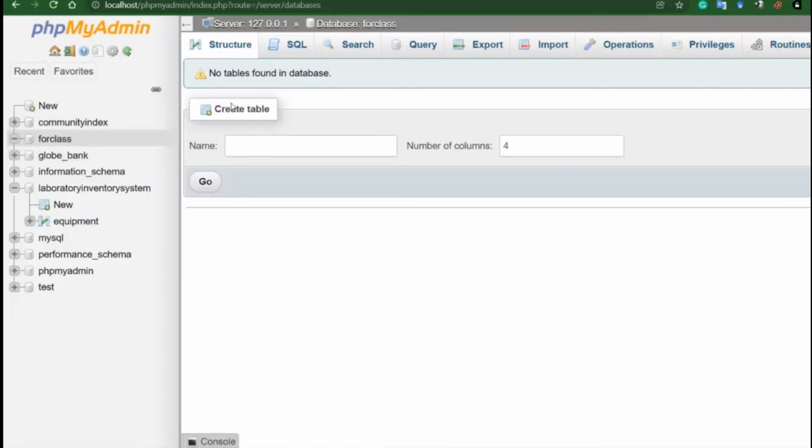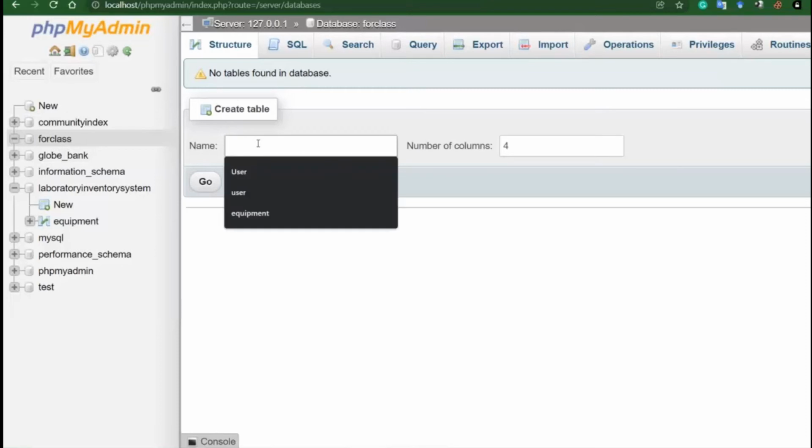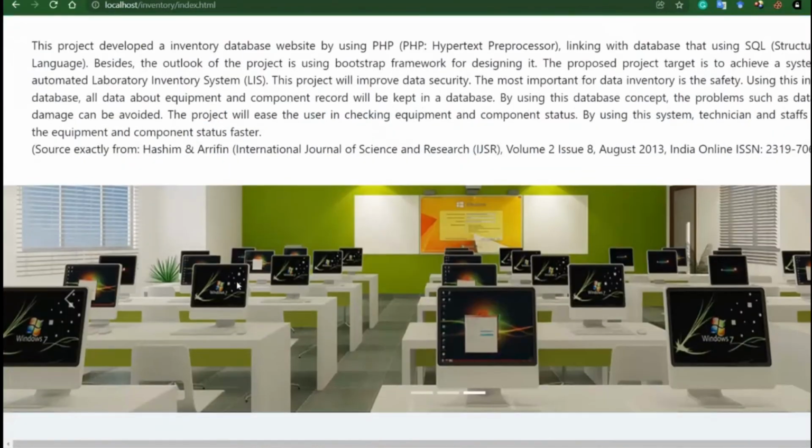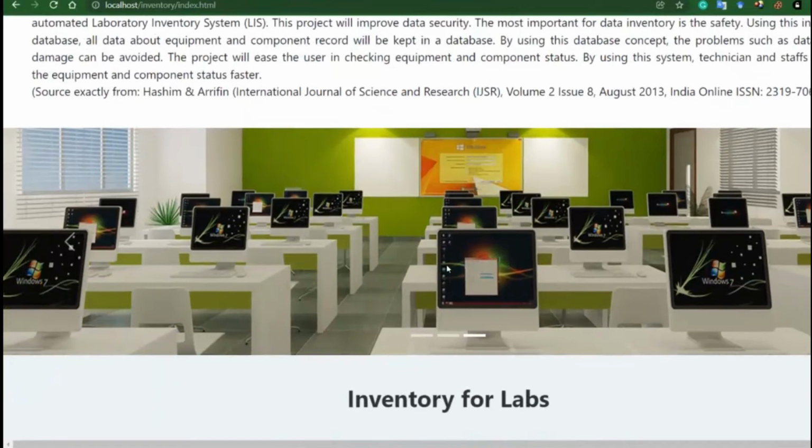Okay, so now to create a table, we will give a name here for a table, and how many fields you want in this table. For example, the main purpose of this is the inventory system. So inventory system means the equipment that we have in this lab.